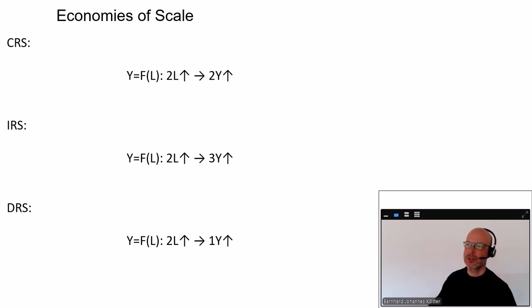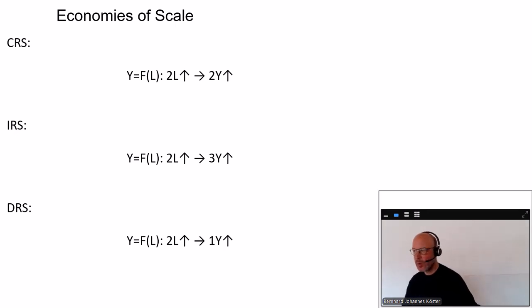If we have more input factors, then this was the assumption that we simultaneously double or triple all input factors, and that this then means we are doubling also the output. And now we are relaxing this assumption because now we assume that it is also possible that we have